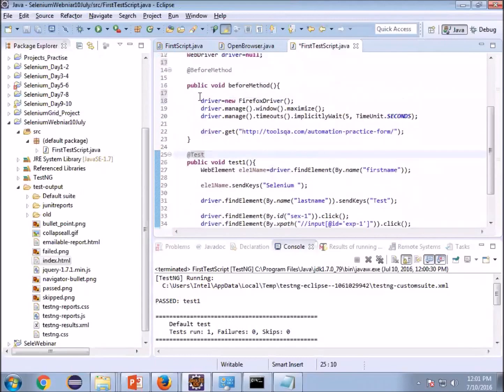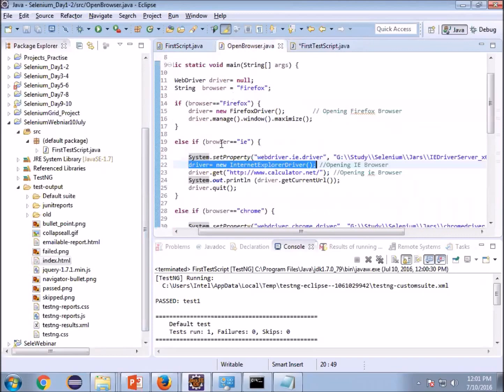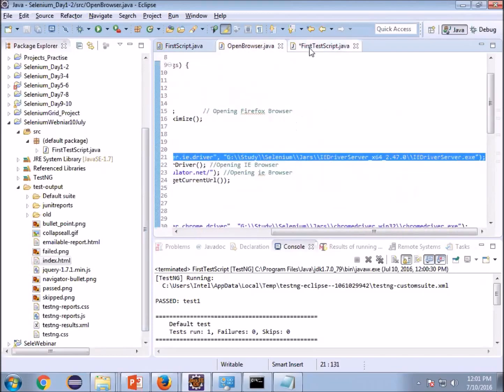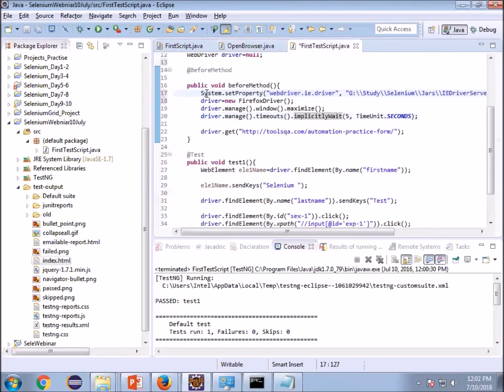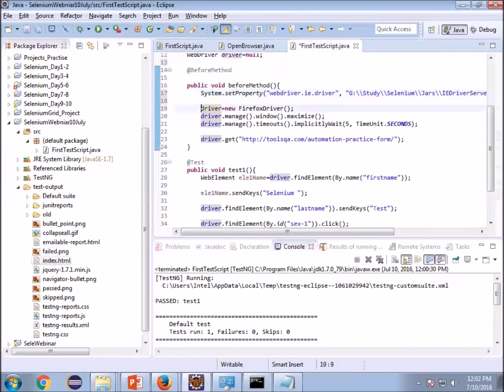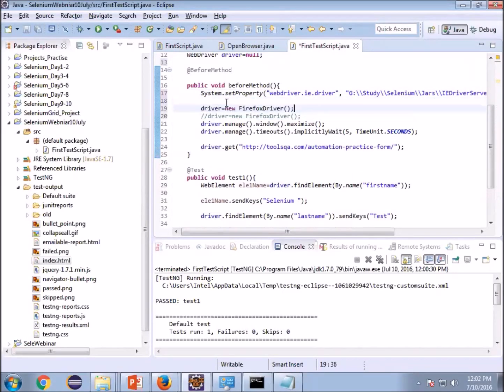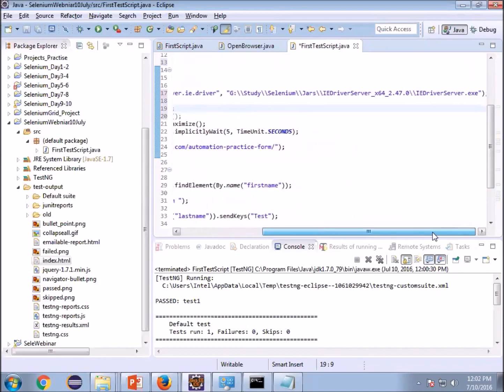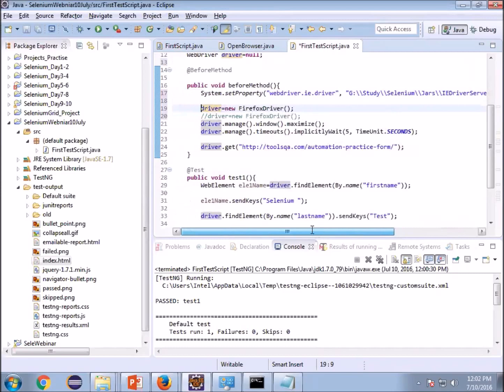Now, to run this code using Internet Explorer, I just have to write one more line, which is a fixed line. I will explain what exactly it is. As we discussed earlier, WebDriver was originally designed only for Firefox driver, but for the remaining browsers they have brought some third-party drivers to run this.